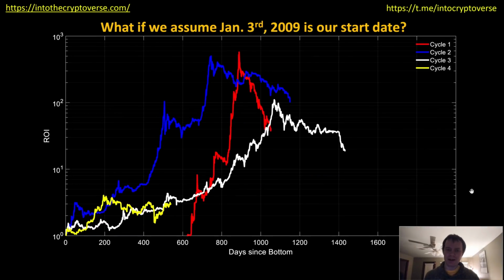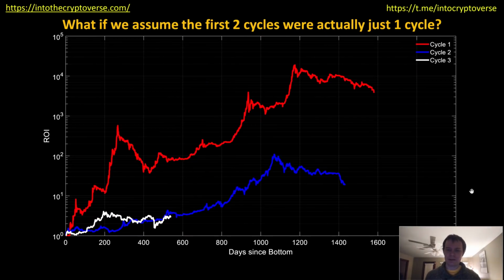Now, what if we assume that January 3rd, 2009 is our start date? Because this graph right here is starting from July or something of 2010. But Bitcoin has been around since January 3rd of 2009. So can we really say that this peak was only 250 days when that's just where we have price data starting? What if we assume that,